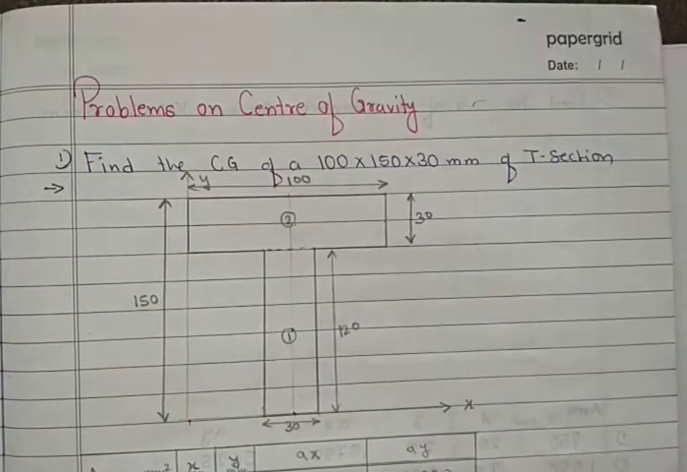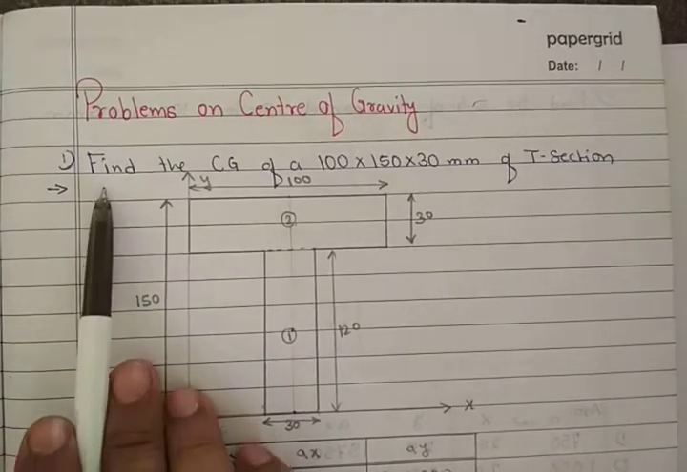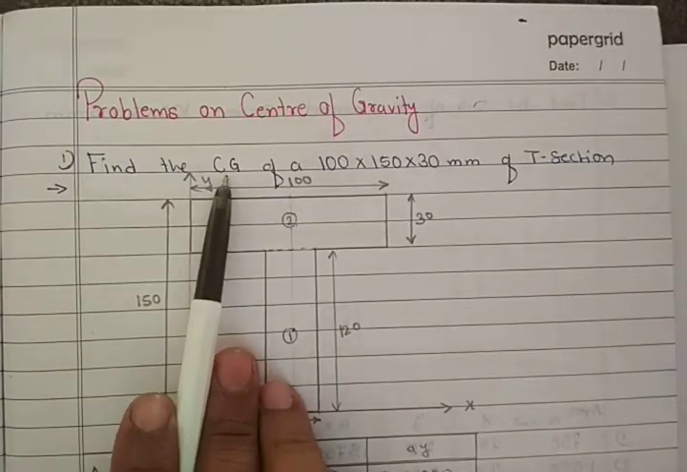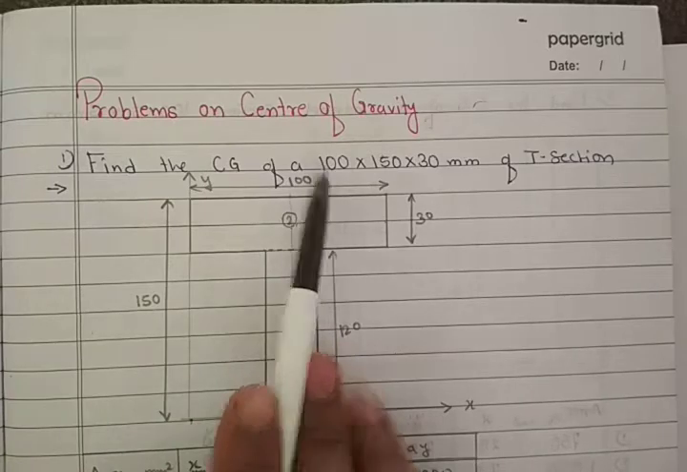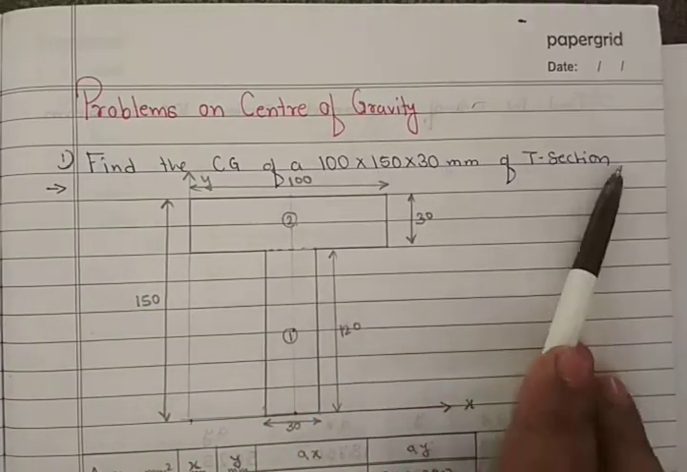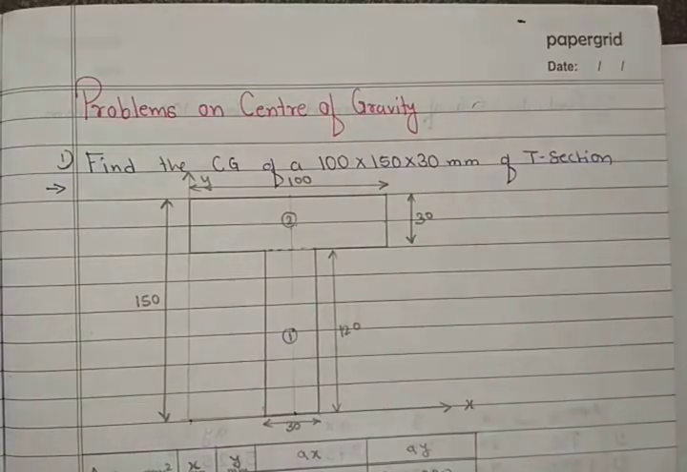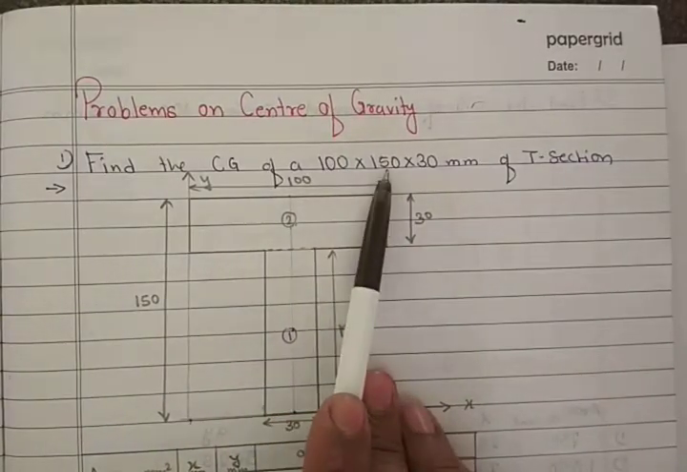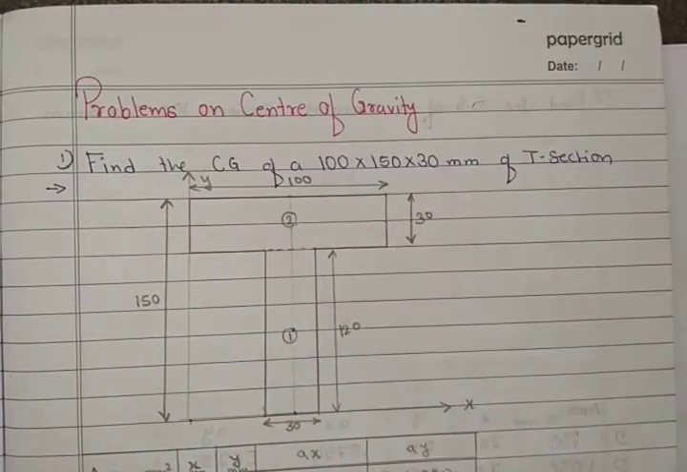Hello students, today we are going to start a problem on center of gravity or centroid. In this problem, the question is given: find the CG, that means center of gravity, of a 100 into 150 into 30 mm T section. Now what is the 100, what is the 150 and what is 30? To explain that,